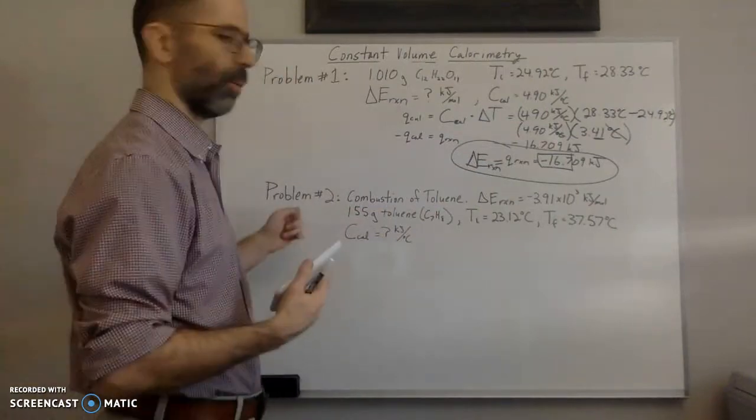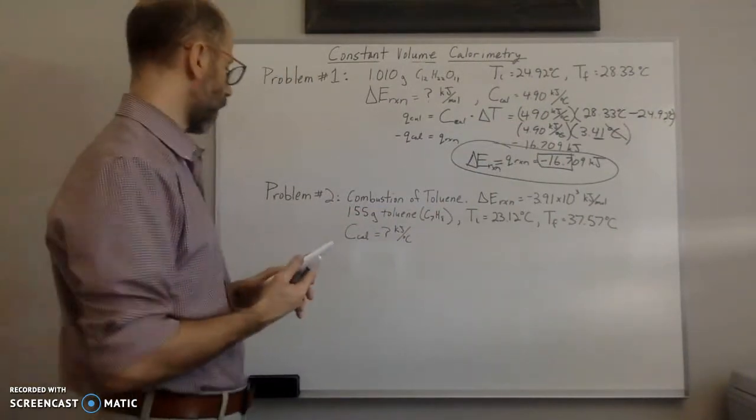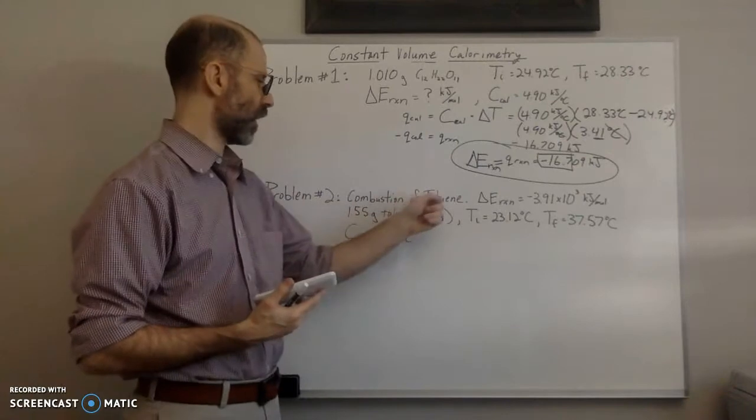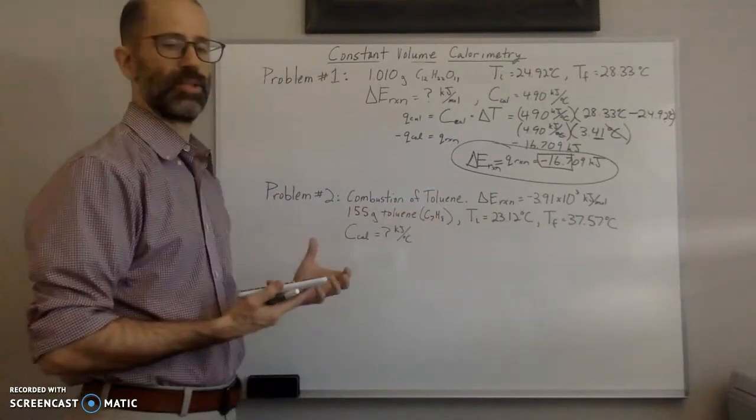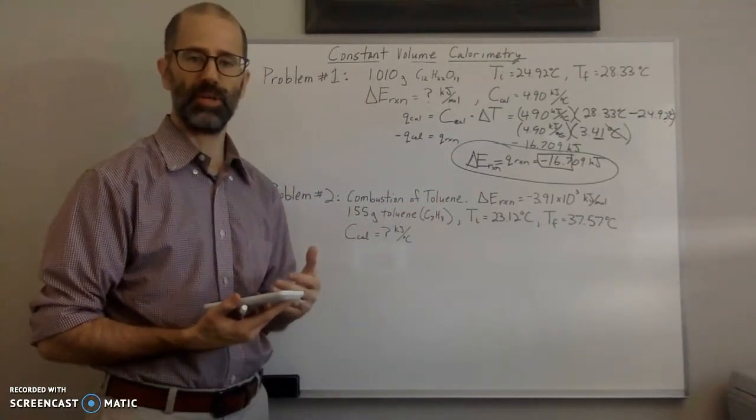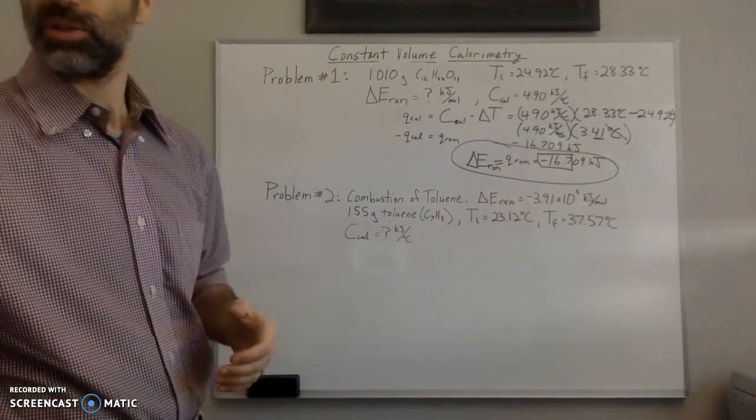Okay, what about problem number 2? So problem number 2 is a combustion of toluene. So in this case, we're using a bomb calorimeter, and we're going to